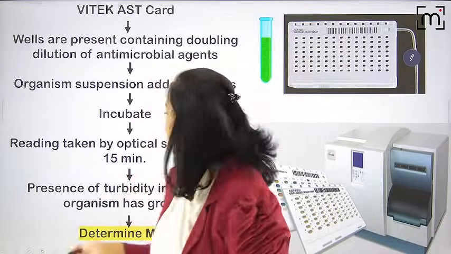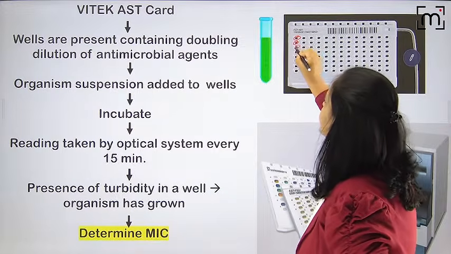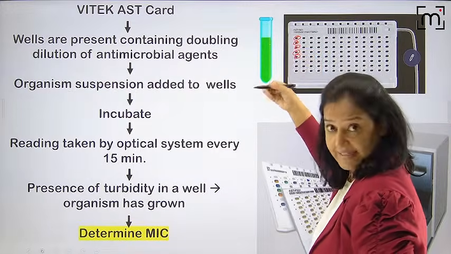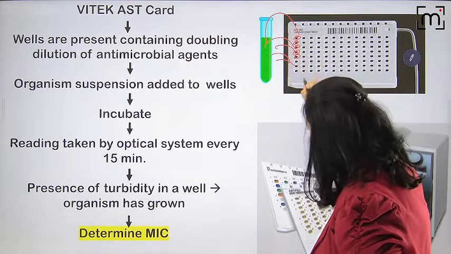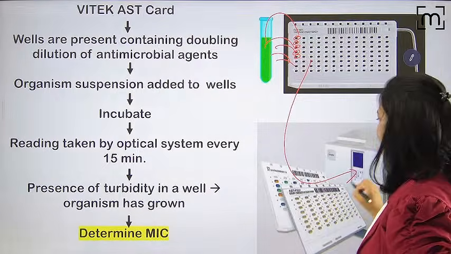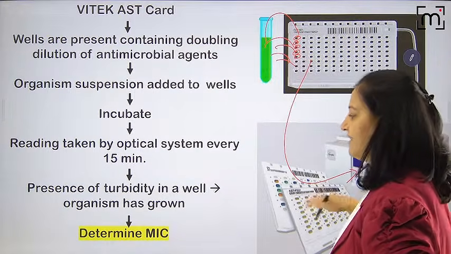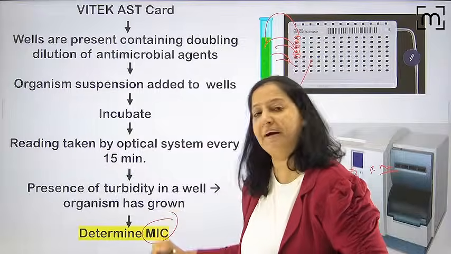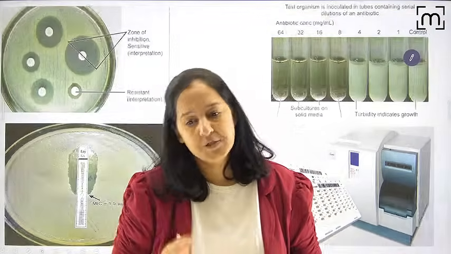And the last one is automated. Nowadays, nobody performs that. Everything is automated. So we put our specimen, and there are small wells having antibiotic in different concentrations. And we put one unit of specimen in all the wells. We put this plate inside the instrument that takes the reading every 15 minutes, and that will tell the MIC. As soon as the turbidity disappears, it will indicate. An indicator is there. So this is automated.